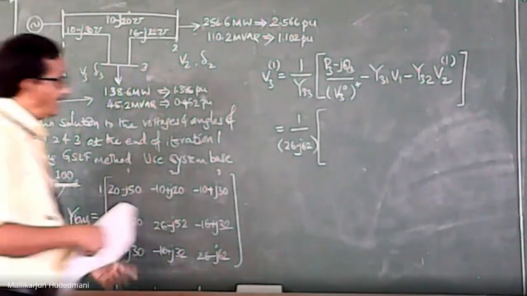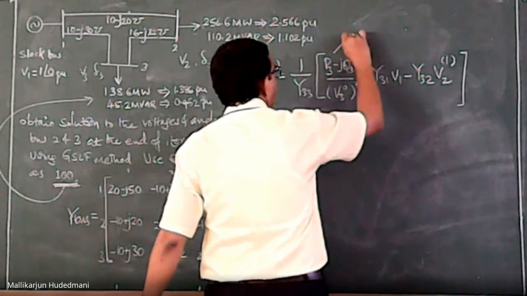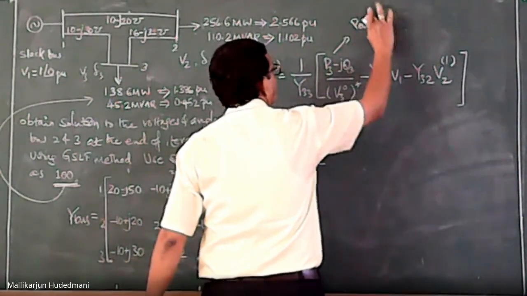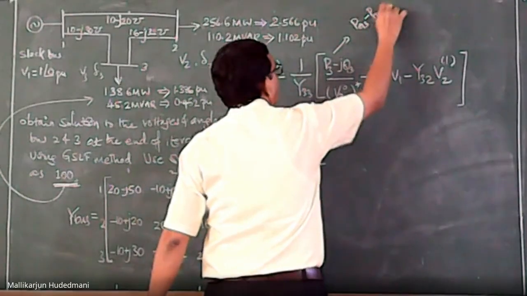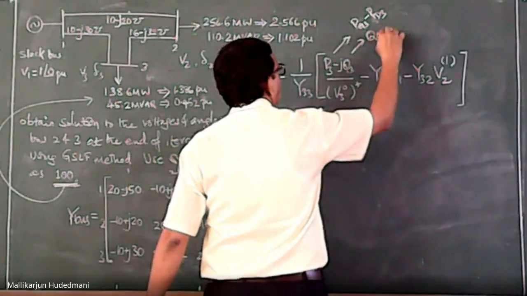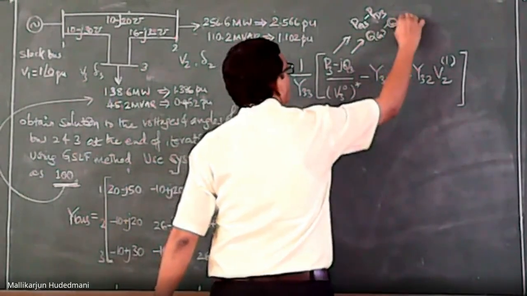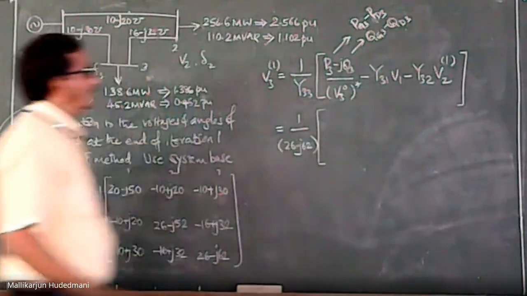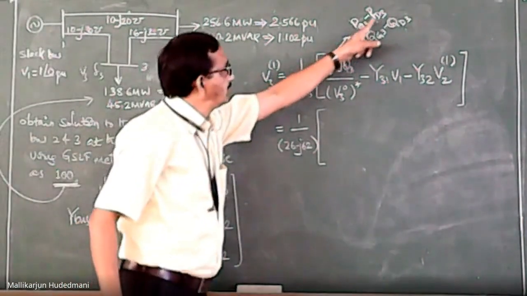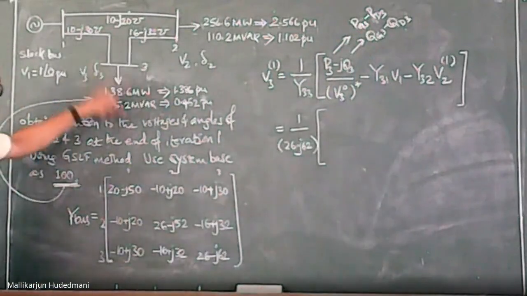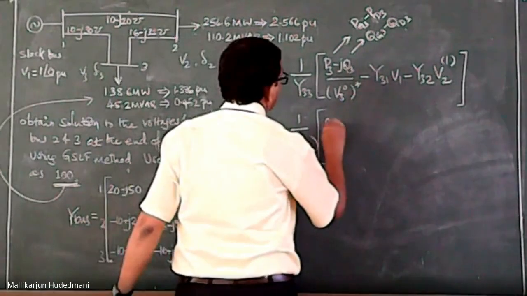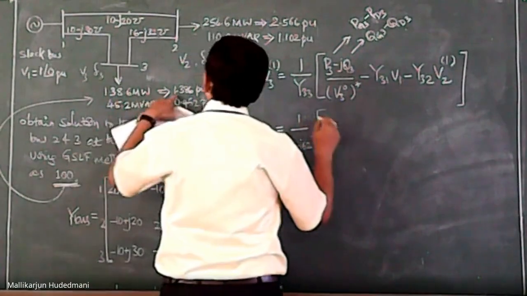No. So I use PG3 minus PD3 and QG3 minus QD3. You notice there is no generation, only demand. Then, no doubt, it will be 0 minus the value of 1.386